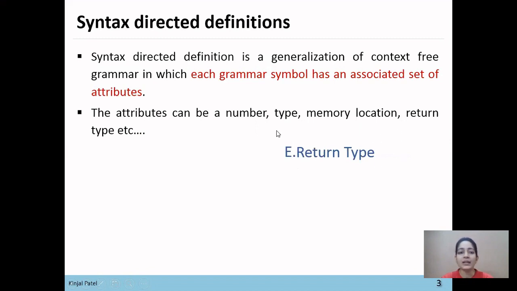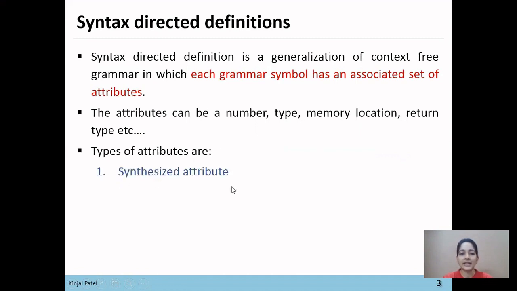Now there are two types of attribute. The first is the synthesized attribute and the second is the inherited attribute. A synthesized attribute can be represented by .sy syntax, or we can also represent a synthesized attribute with .number, .type, .memory location, .return type, or any name.